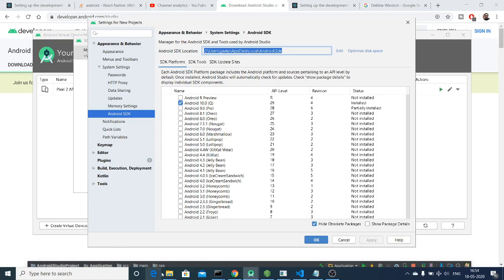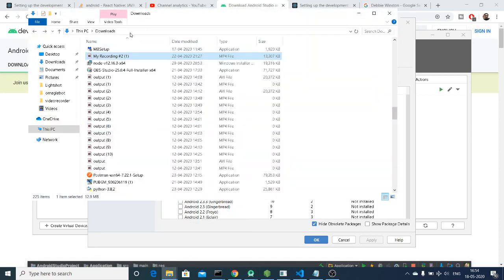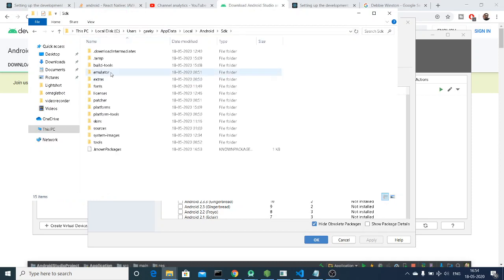Now what you can do here is go to your file explorer, and here you need to copy paste this path like this. Enter it. Now it will open this path automatically for you. This is the path that you need to copy paste inside your system variable. In order to do this, it is pretty simple.